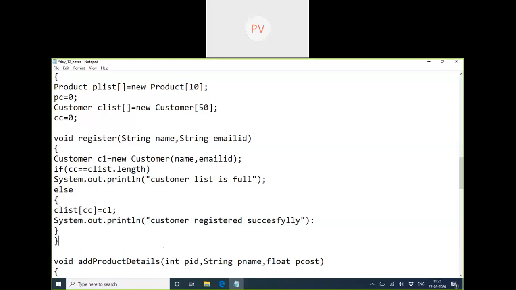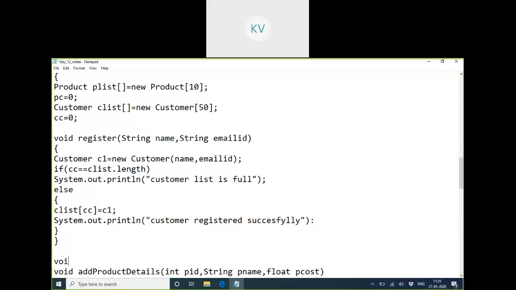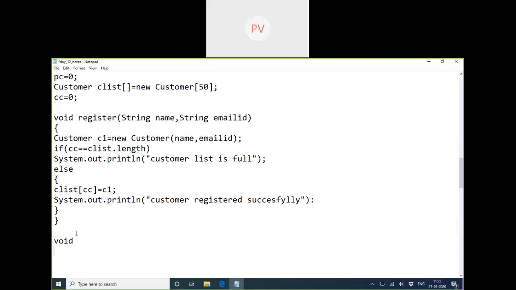Yes, ma'am. And do you have a password concept also? As of now, username and email ID itself is the password. So the second operation would be checking the password, which is login.